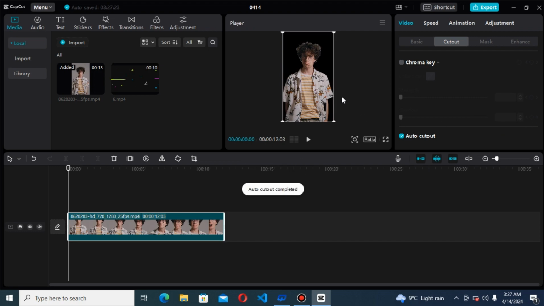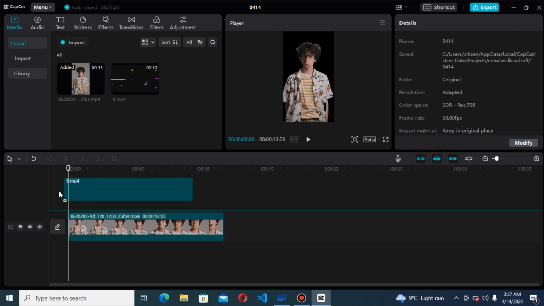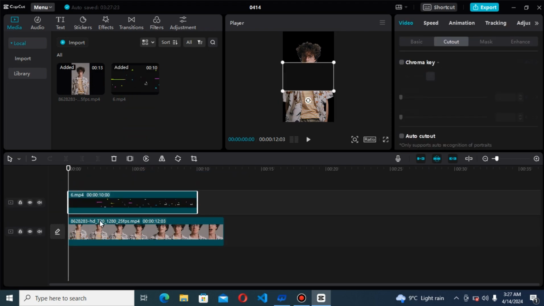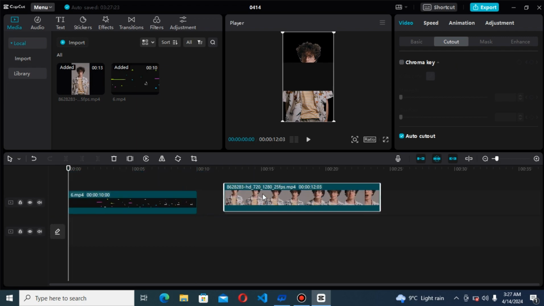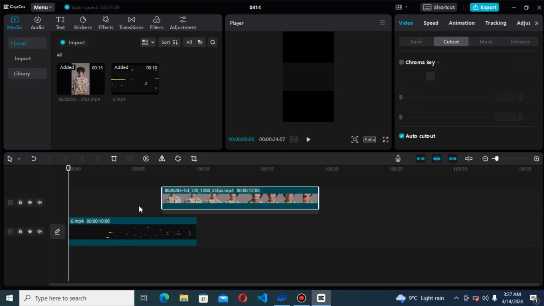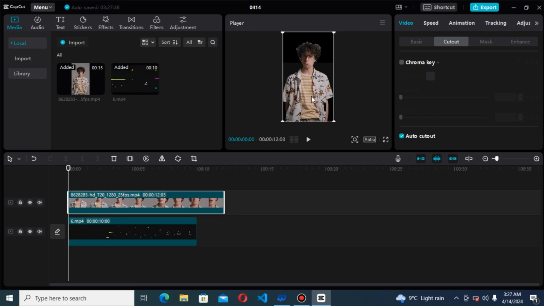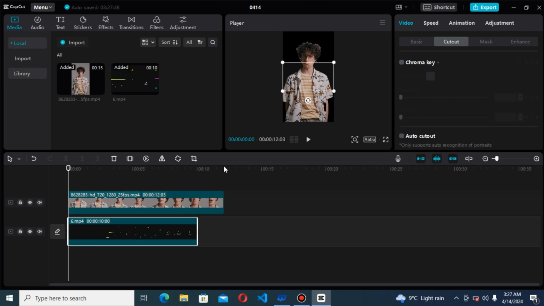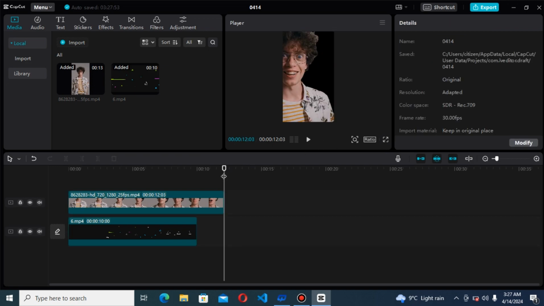So as you can see, it has removed the background from the video. Now if you want another background in place of that, you can drag out the background you want and put it here. Now this will be the main track, and I will drag this there, and now I will click on the main track and zoom this, scale it out, and now here you can see I will run this,